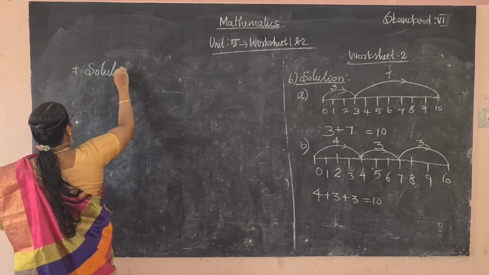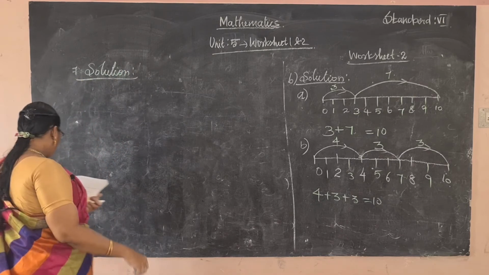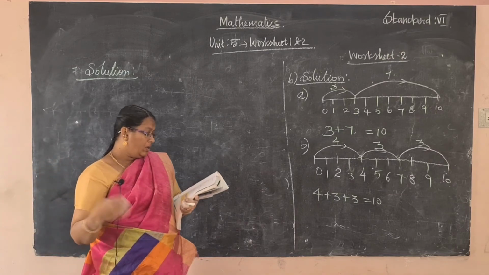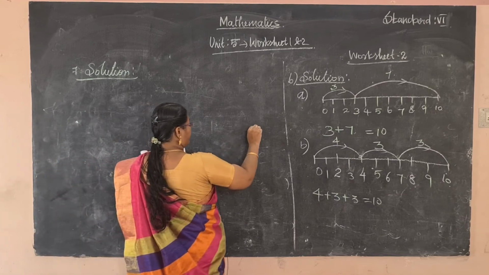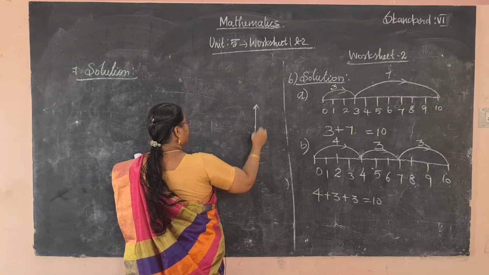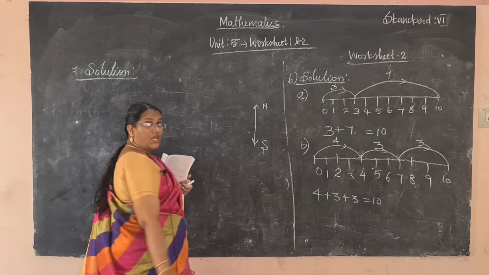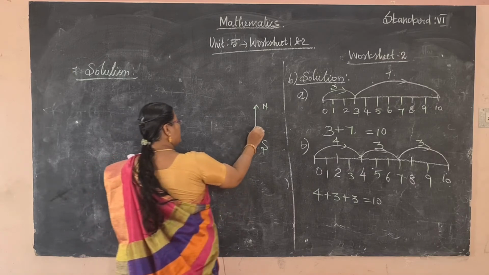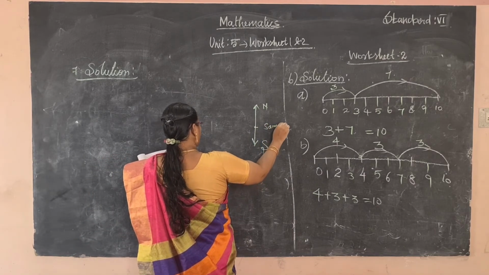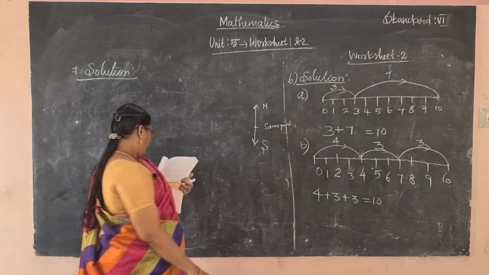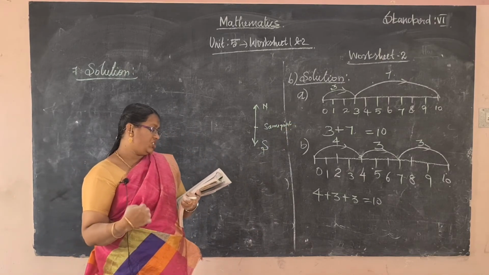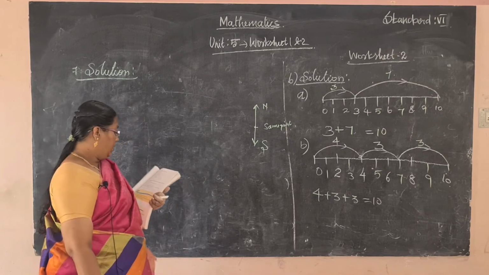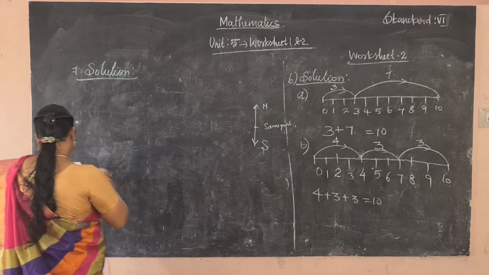Seventh one, same method. You travel 30 km north, so it's positive. The opposite direction, south, he can travel. Both start from the same point. North, south. Find the distance between the final destinations of the two. So distance is asked. What do we do? We have to find out the difference of these 2 kilometers. So write the answer.